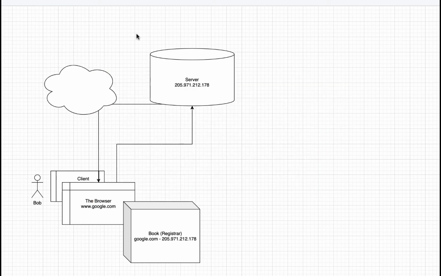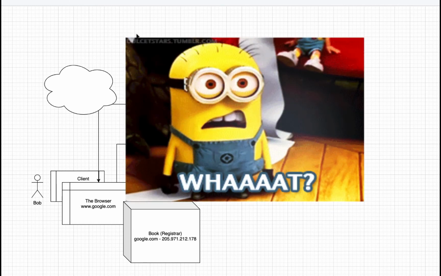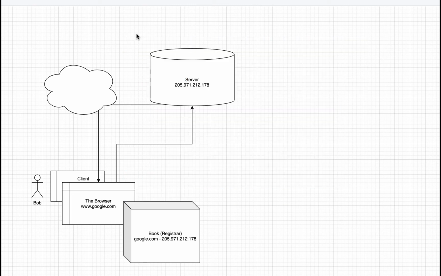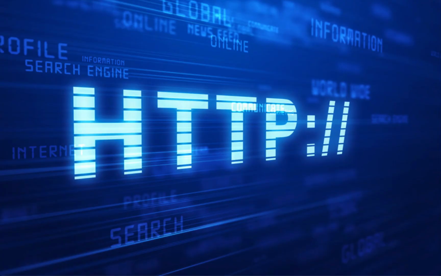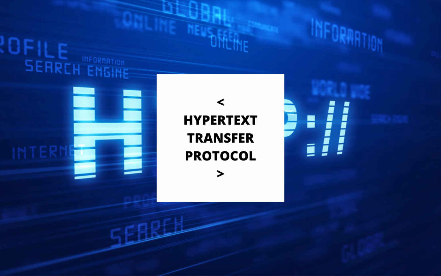So imagine if I walk down the street and I started, I don't know, talking in Mandarin, and someone comes and starts talking English to me. We might have useful stuff to say to each other, but we won't be able to understand each other. So a protocol is just agreeing on how to talk to each other. In our case, when a browser and server communicate, the protocol is called HTTP, short for Hypertext Transfer Protocol.